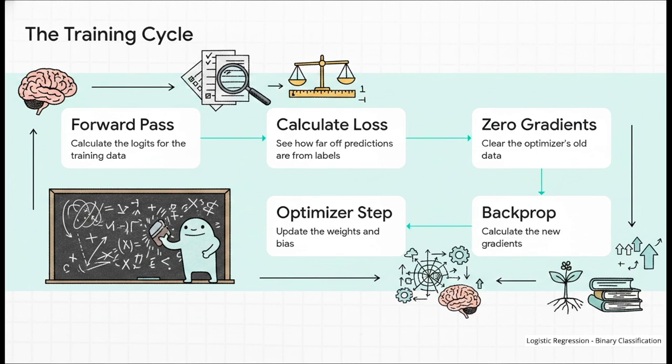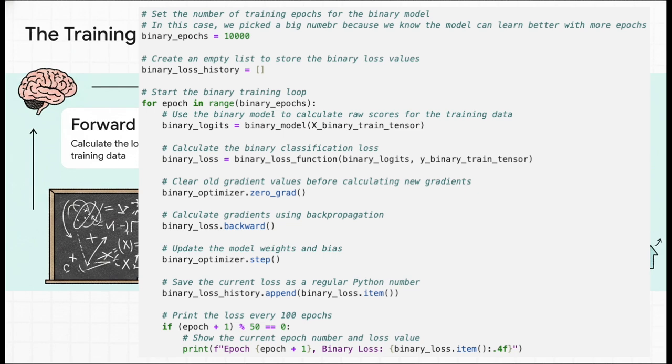Step 1 is the forward pass. The model takes a practice test and calculates its logits. Step 2 is calculating the loss, basically checking the answer key to see how badly it did. Step 3 zeroes the gradients, which wipes the scratchpad clean. Step 4 is backpropagation, figuring out exactly where the math went wrong. And finally, Step 5 is the optimizer step, where the student actually updates their internal knowledge base, the weights and